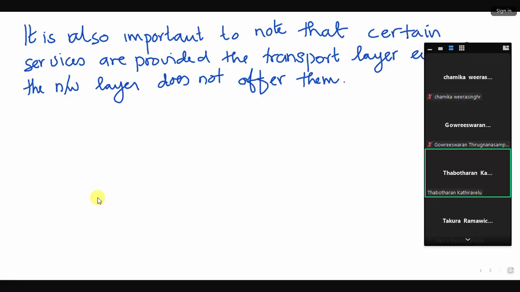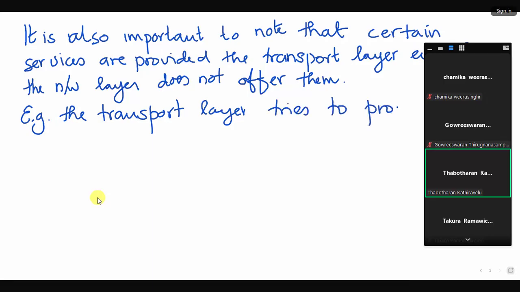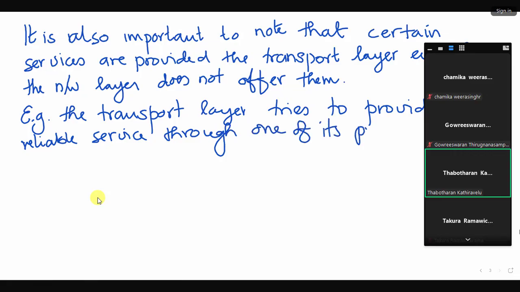For example, the transport layer tries to provide a reliable service through one of its protocols, even though the network layer does not